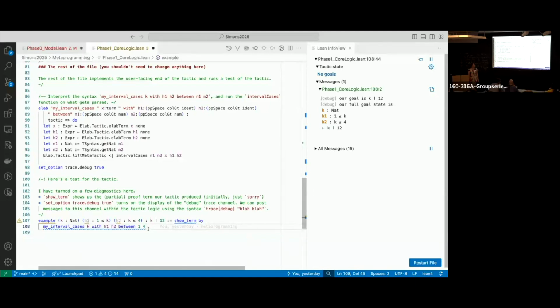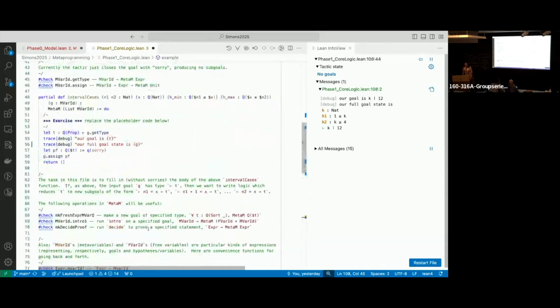All right. So let's talk about the algorithm. We want to do a thing where we work upwards from the n1, step by step. We're going to case split, remember, on whether x is equal to n1 or whether in fact it's at least n1 plus 1. And then in the second case, we call ourselves to do the whole thing again. That's going to be our basic algorithm. So that means that the first step of our algorithm,